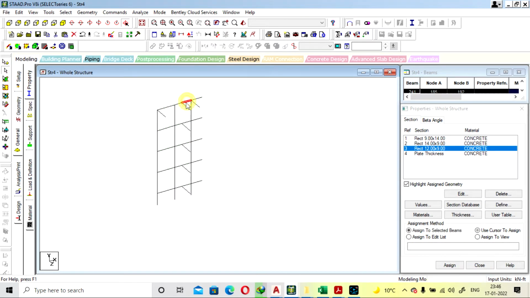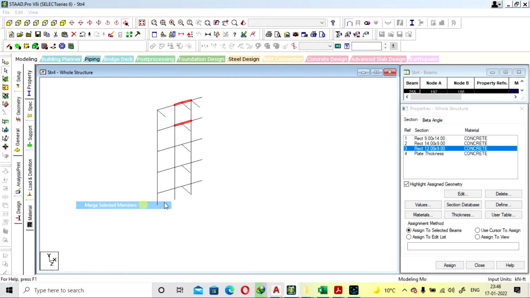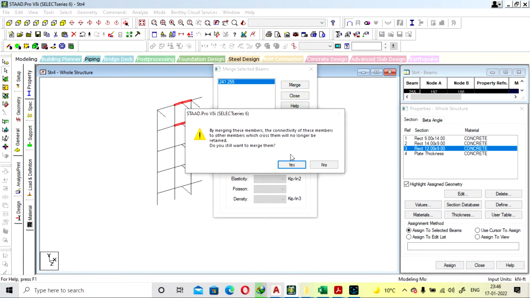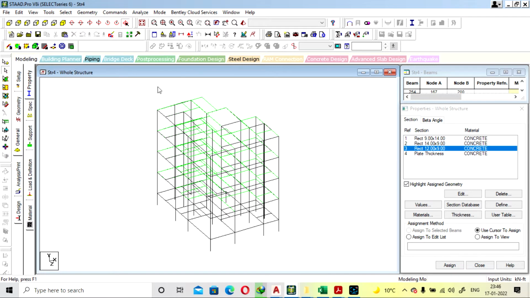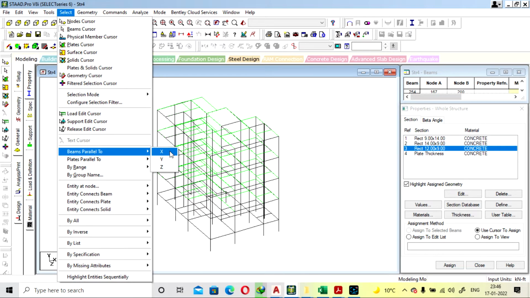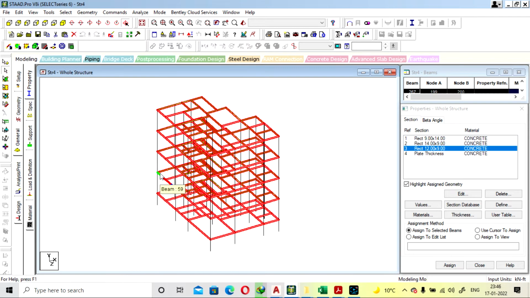Okay, this front beam is split. We have to merge this. Geometry, merge. Now this is okay. So select beam parallel to X, select beam parallel to Z, and provide assign to selected beam.